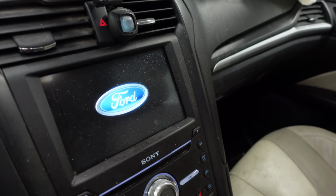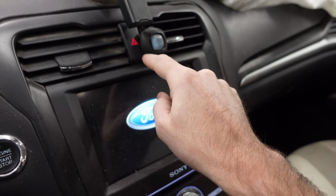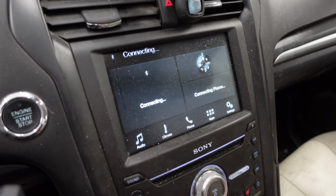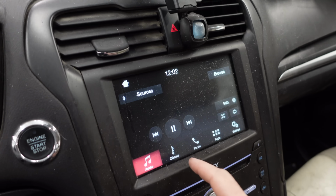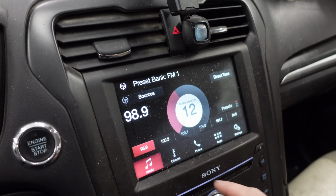Well, the radio's starting up, so that's something. Let's see what we got here. Hazards? I mean, they work. Did they disconnect the Sony amp? That's the real question here. Audio, sources, FM. Hey! Can we get...